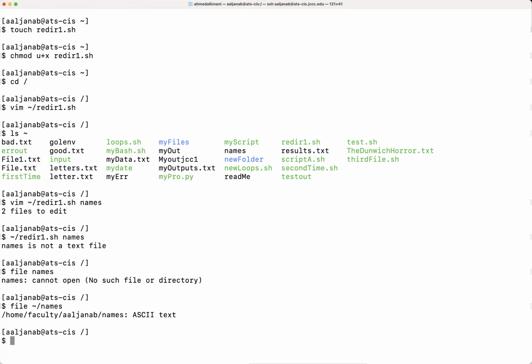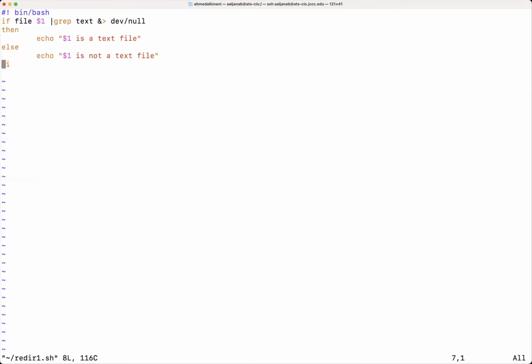Did I misspell text there? Let's go ahead back to the vim. No, it is text. Let's see, why is it acting that way? So, oh, wait a minute. I think I need to put a space here.